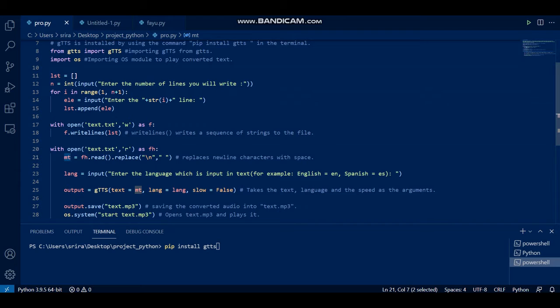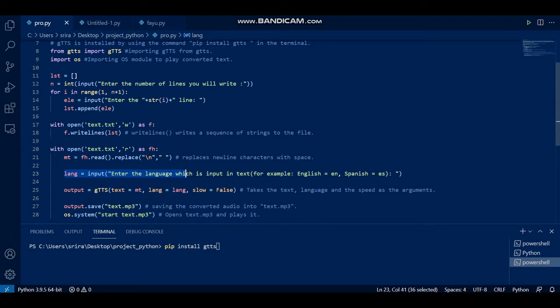Now you might get a doubt here. Why replace a new line character with a space? Basically, this just makes my job a little bit easier. What it does is it just converts multiple lines of text into just a single line of text, so that reading becomes easier, and it need not transition from one line to another.